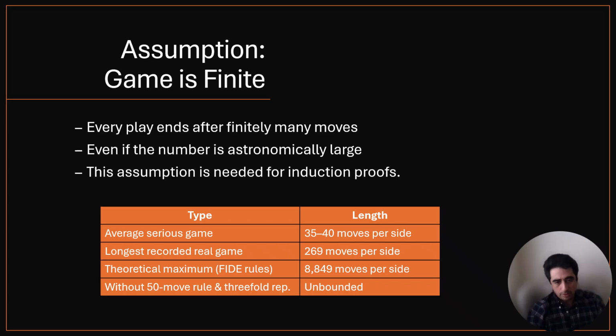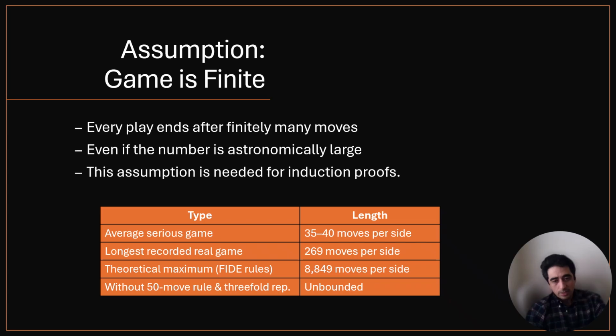They just move their bishop or knight back and forth forever, and that's going to be a boring game that lasts an infinite number of moves. But if you keep the threefold repetition rule and the 50 move rule in place, then you're going to end up with a much shorter length, around 17.7K. That's a finite